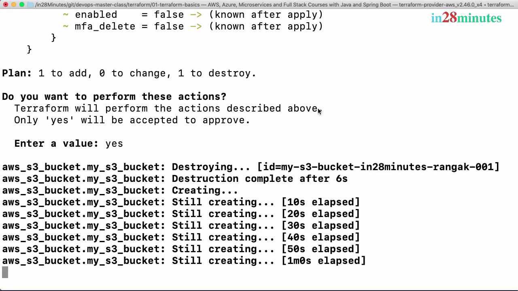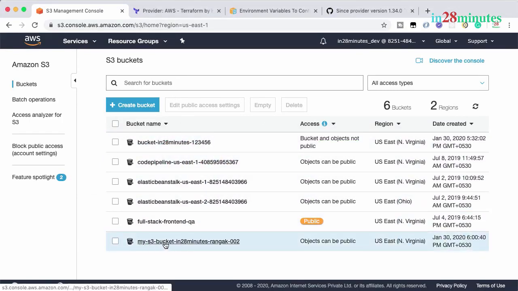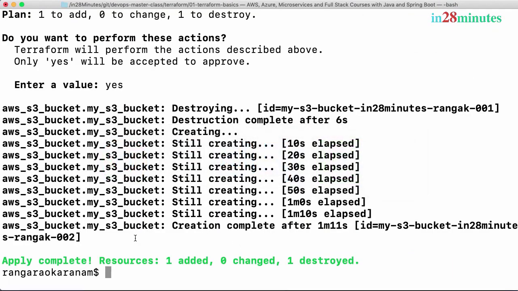It's about 1 minute and still it's in execution. When I went to AWS and refreshed the screen, I saw that there was already a bucket, my S3 bucket, created 28 minutes ago, Ranga K002. So it should be done. Yep, it's done right now. So it took about a minute and 11 seconds to create the bucket, and it says 1 added, 0 changed,